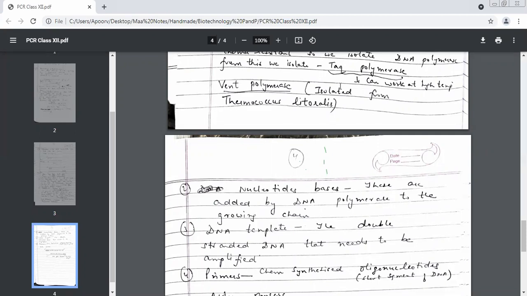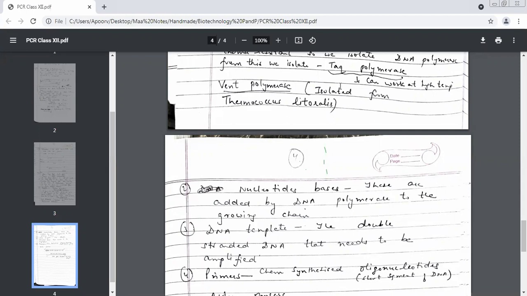Okay, a very quick revision now, very fast. Name the three steps in PCR. Denaturation, annealing, and extension. Very, very good. Which bonds are broken during denaturation? Hydrogen bonds. We should take care which bond is not broken during denaturation. Phosphodiester bonds. Excellent.